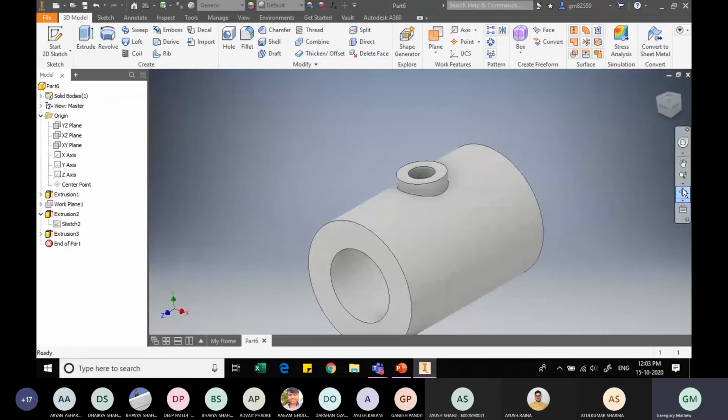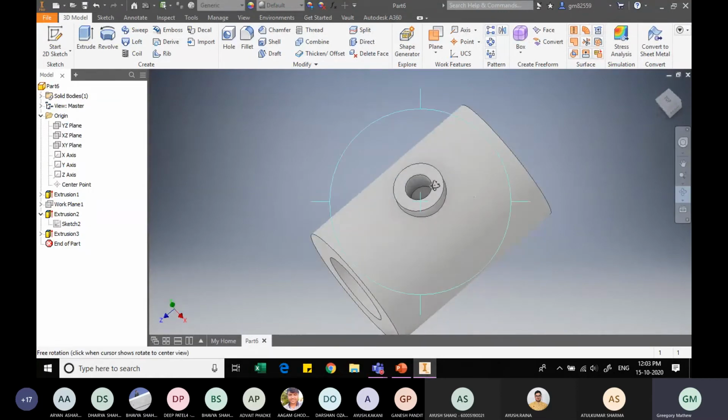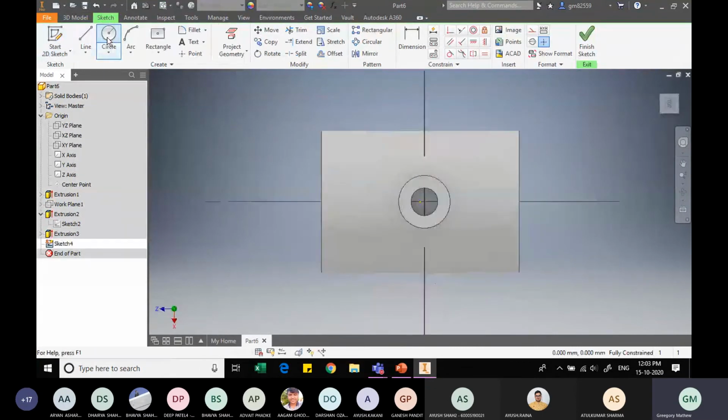So now let me slightly revolve this, rotate करता हूँ इसको थोड़े से so that I am able to select that face. और वो जो face है, ये जो अंदर वाले face, ये face पे I will sketch a circle which is 5 mm in diameter, correct? And I will finish this.